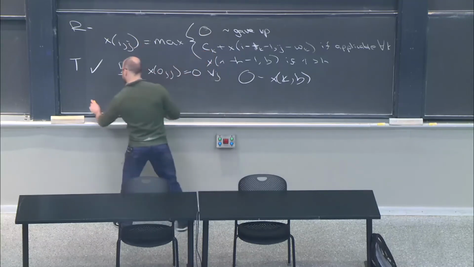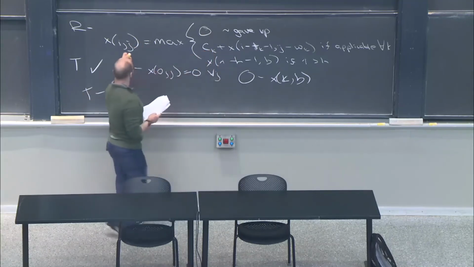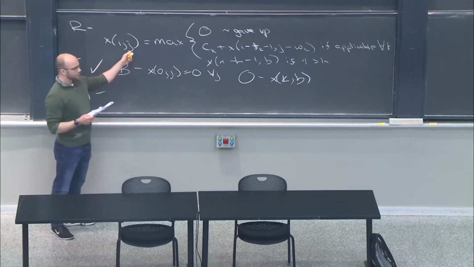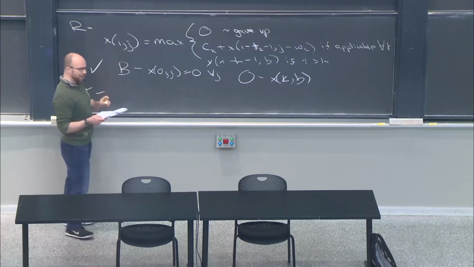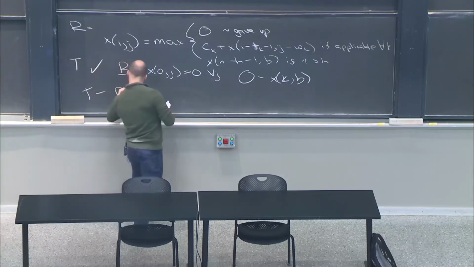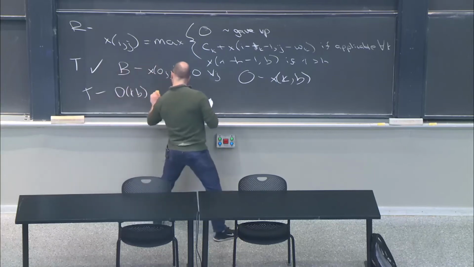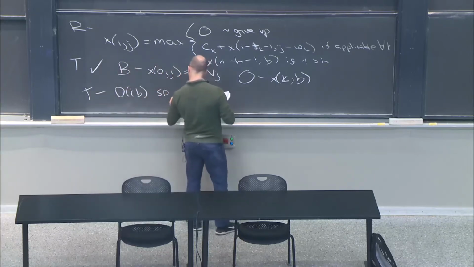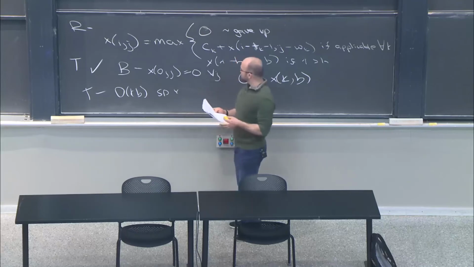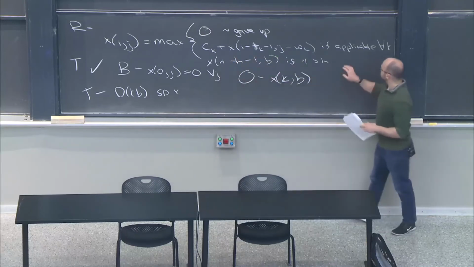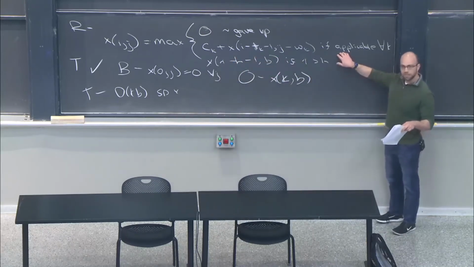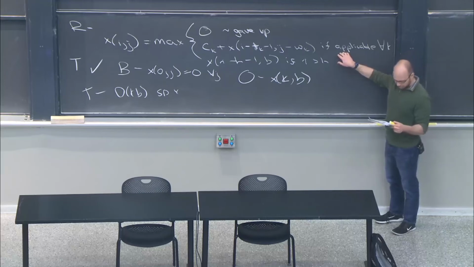So the first index is time. The second one is bag size. This is always between 0 and b. This is always between 0 and k. So there's order k, b subproblems. How much time does each subproblem take? Well, notice that I have to loop over all of my different options k here. So I incur,